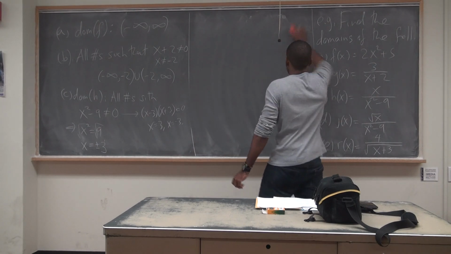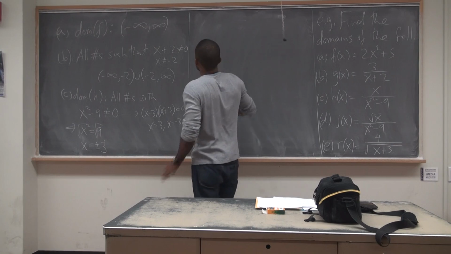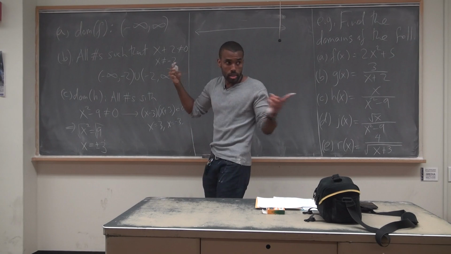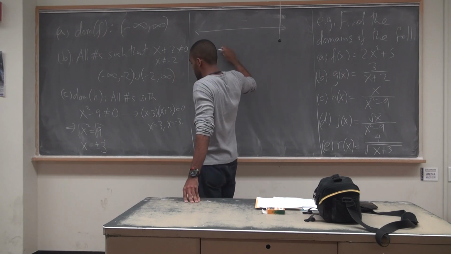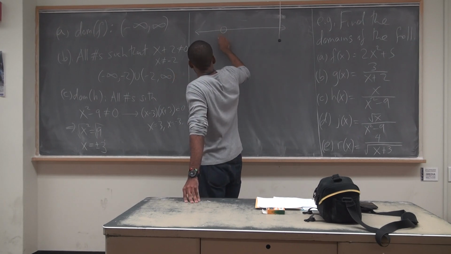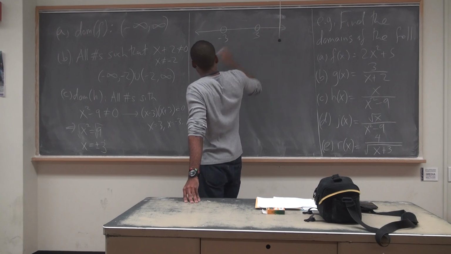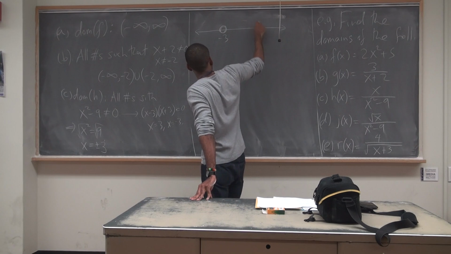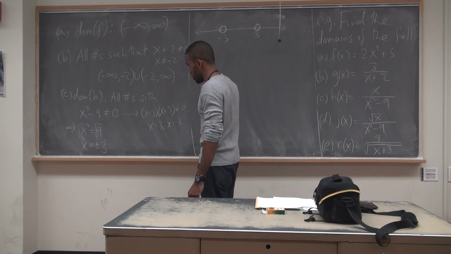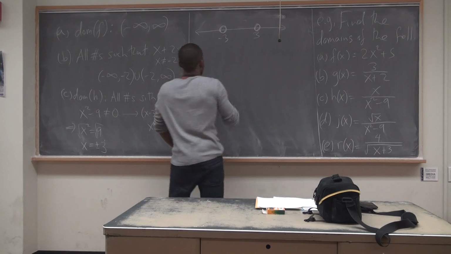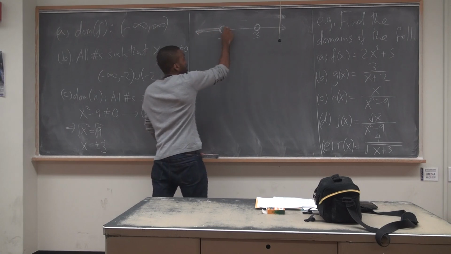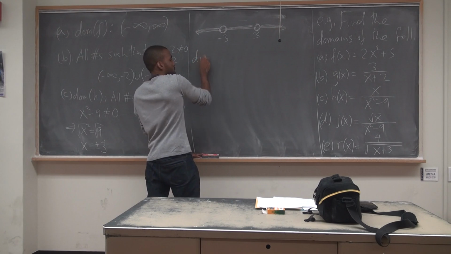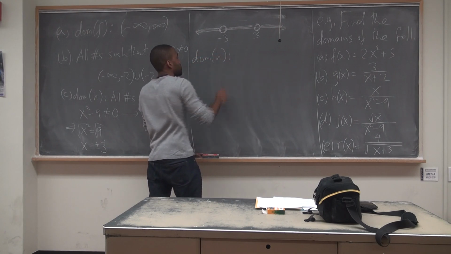So now how do I write down that domain? Is it negative infinity? If you're drawing a picture, which often helps, let's do that first and then you can give me the answer. So minus 3 and 3 are the numbers that I have to avoid, so these are open circles. Where can we work? Pretty much anywhere else. I can be anywhere over here, anywhere in between, anywhere over here. So in other words, my domain of H would be